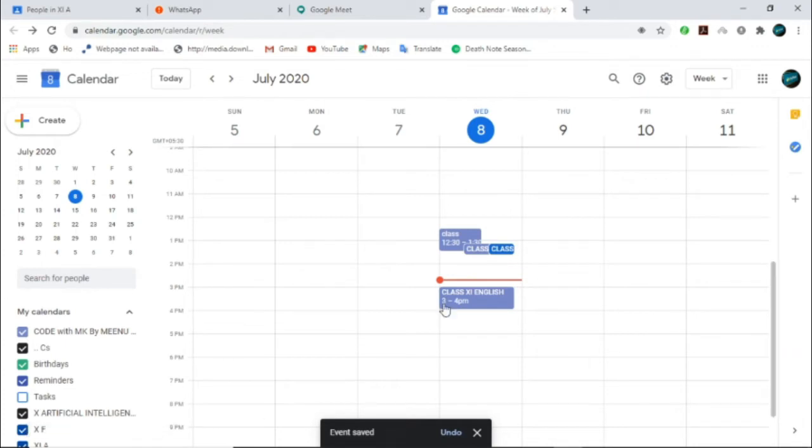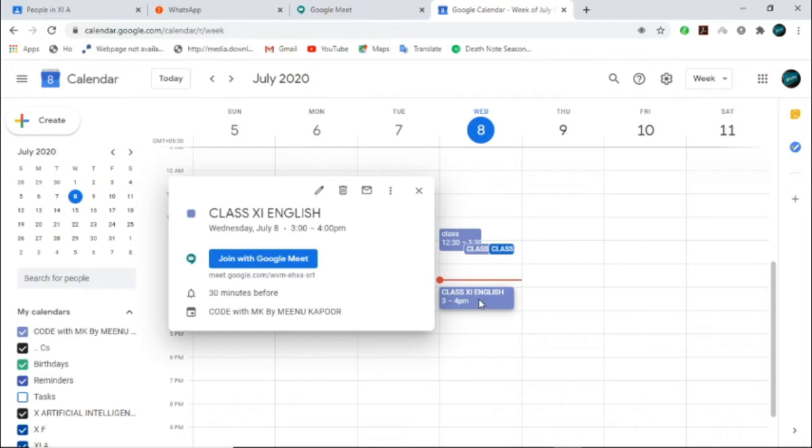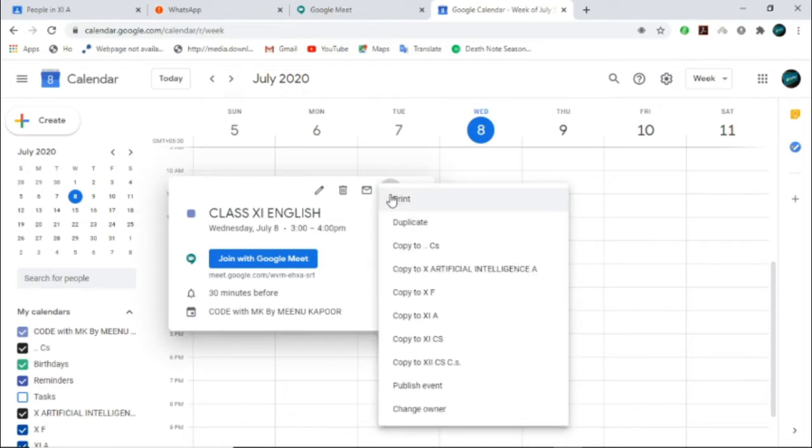Now you can see at 3 p.m. your class is already scheduled, class 11 English. You have to share this with your students. There are a lot of ways to share. Click on this already scheduled class and you will see the option. These 3 dots will appear. Click on these 3 dots and you can see